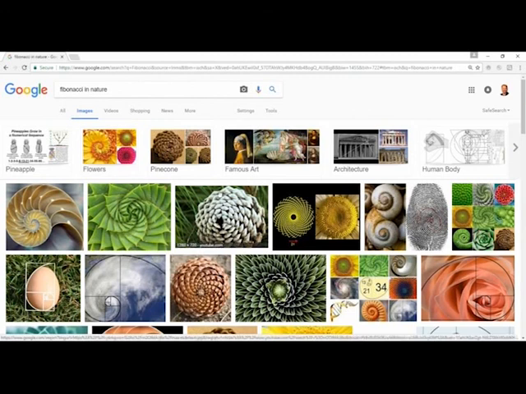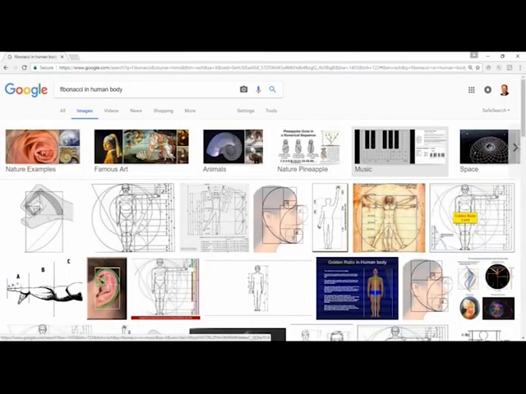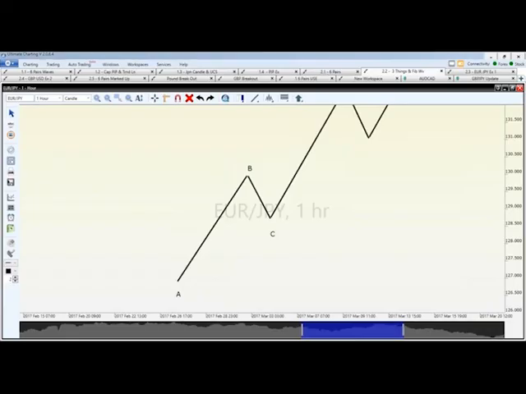You can look at some circles on it. Even a hurricane repeats itself. If you look at the human body, the ratio from the nose to the forehead and the chin to the top of the forehead and the whole ear pattern, everything is based on this repeatable Fibonacci wave pattern. What he did is he mastered it, and that's all we do. So I'm going to go back to my charts. We use this repeatable Fibonacci wave pattern. It's called the golden ratio. Write this down in your notes, golden ratio.